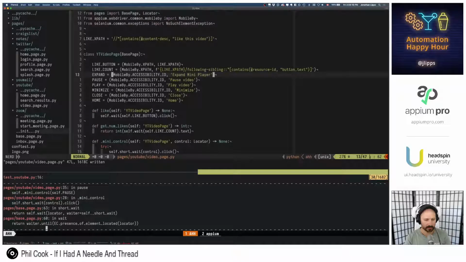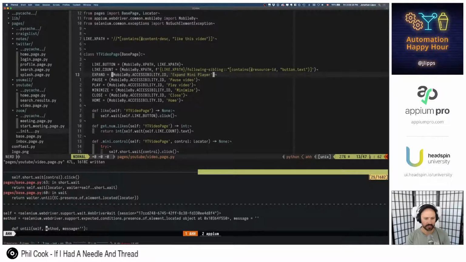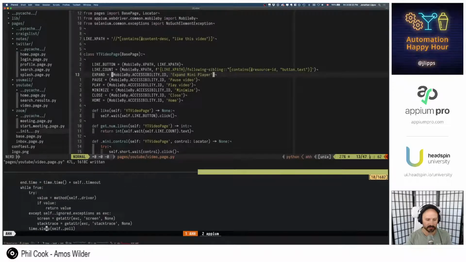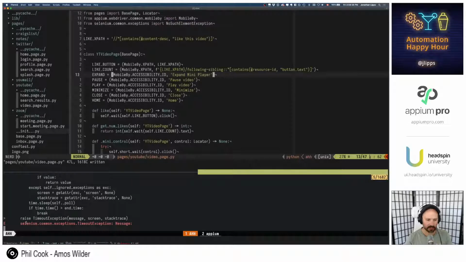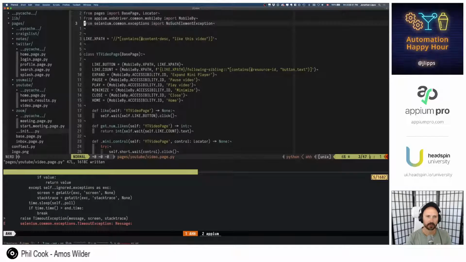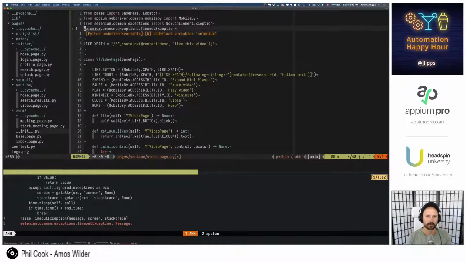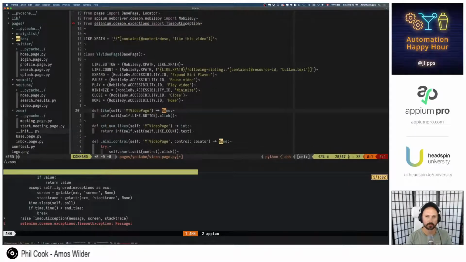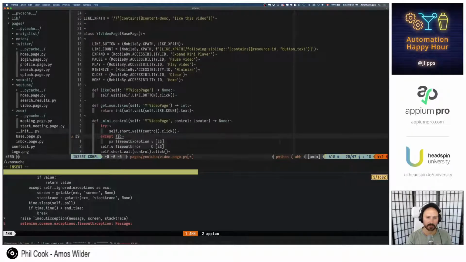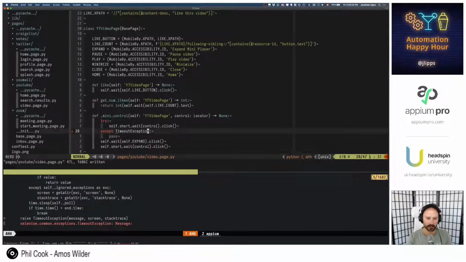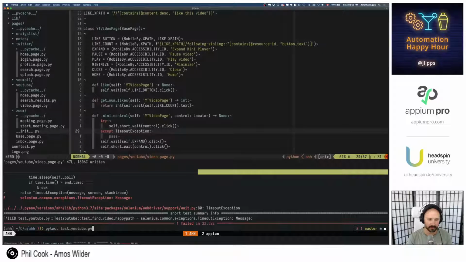We were trying to pause, and we were... Oh, that's because we're not getting a no such element exception. When we use static waits, we get a selenium.common.exceptions.TimeoutException. Oops. So this will actually be a timeout exception, not a no such element exception, because we're using explicit waits. So that makes a lot of sense, actually.